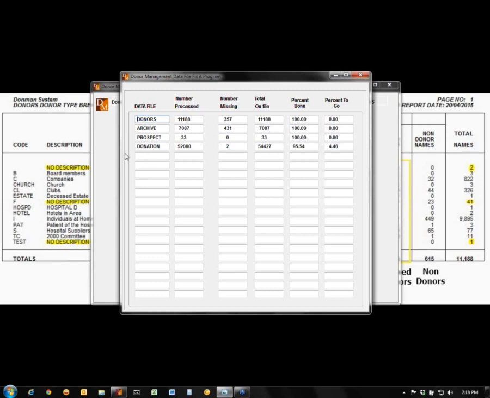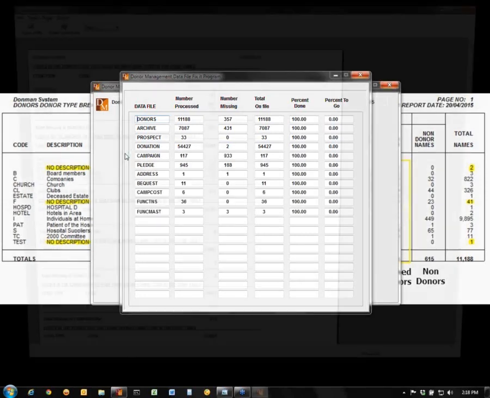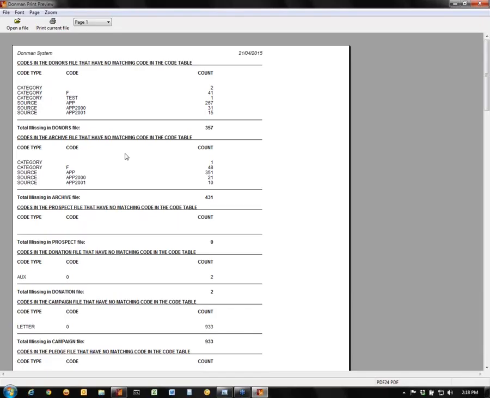And what it's doing is it's checking for any of the codes that do not actually exist but are actually being used. So whereas before we found on the donor type, we said there was a blank that was missing, and there was 2 of those. The F donor type, there was 41 of those, and the test, there was 1 of those. So immediately, rather than having to run 3 of those general item breakdown reports or on all sorts of different ones, this has automatically gone through and found we're missing these 3 donor types,